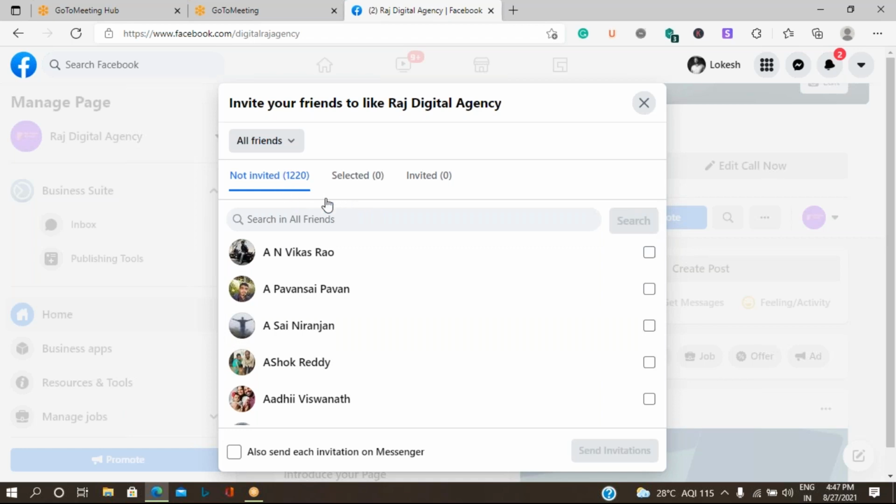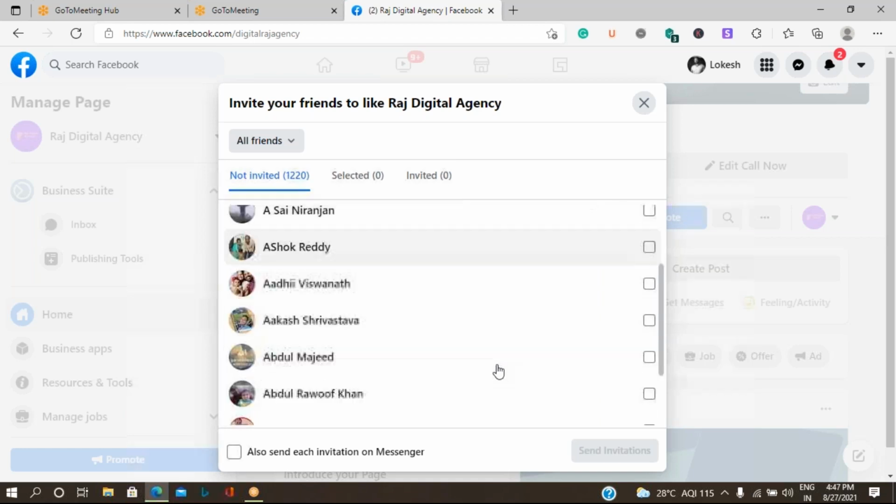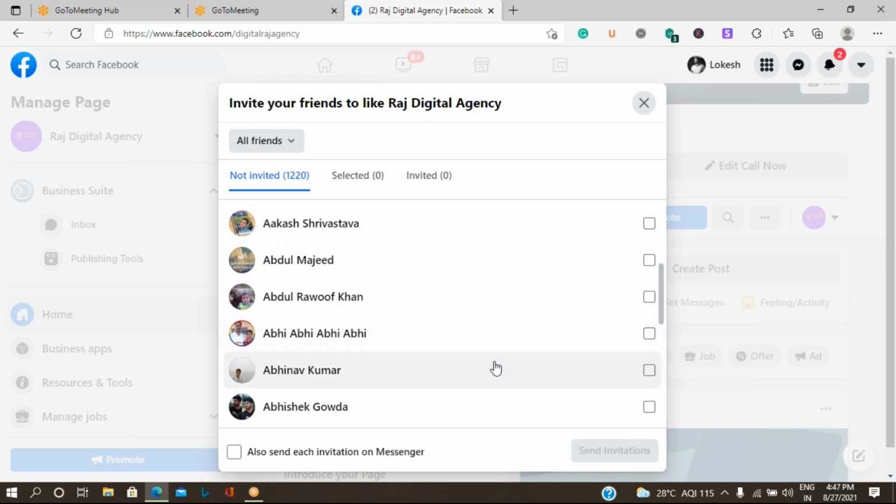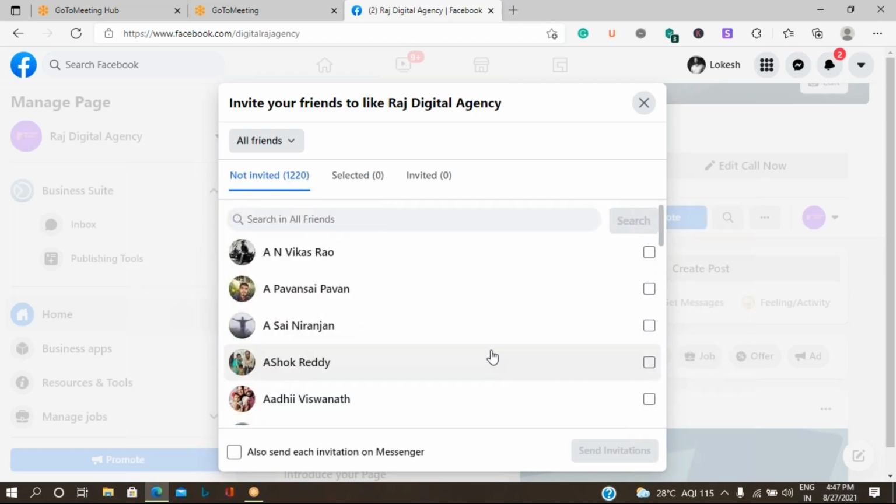Okay. So you can select everyone at one shot. You can specify over here whether you want to send it to specific people, or select all everyone. You will have an option to select all.